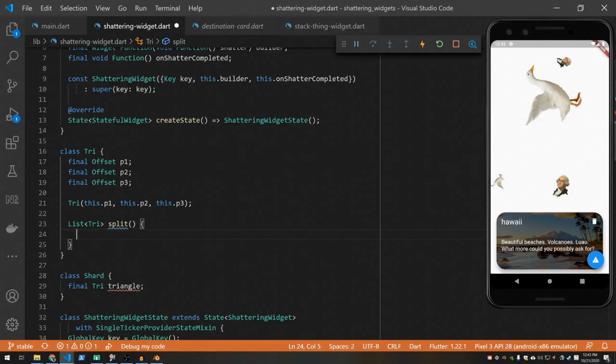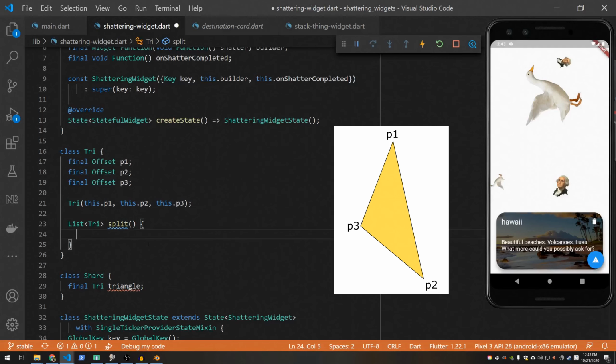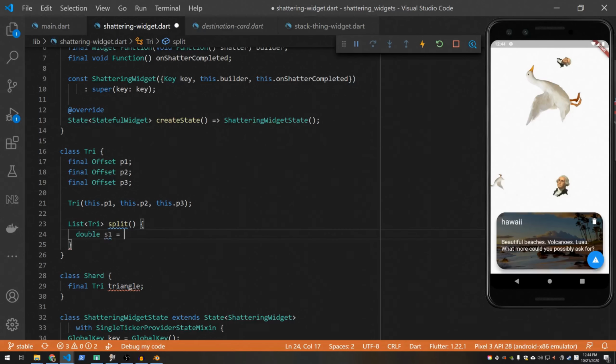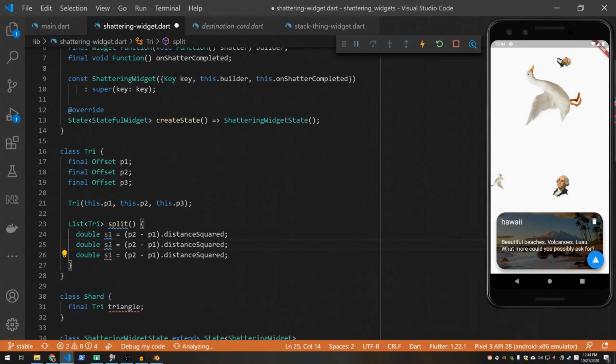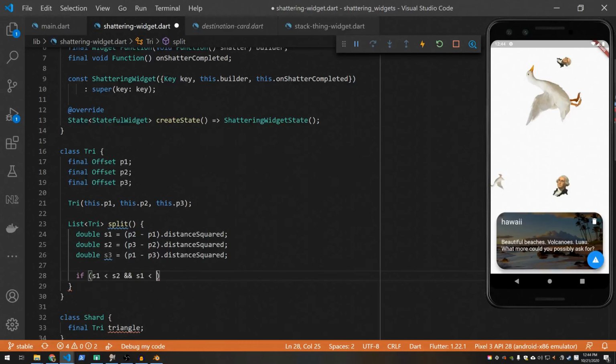Now what split will do is it will take a triangle and just chop it in half, and it will use the longest edge as the point where it chops it in half. So what we need to do is just figure out what the longest edge is. So we'll do side 1, p2 minus p1, distance squared. And here's where we do our actual splitting. So if side 1 is less than side 2 and side 1 is less than side 3,